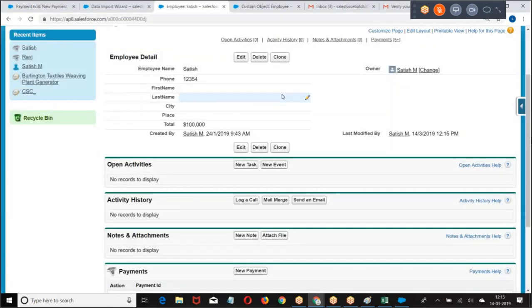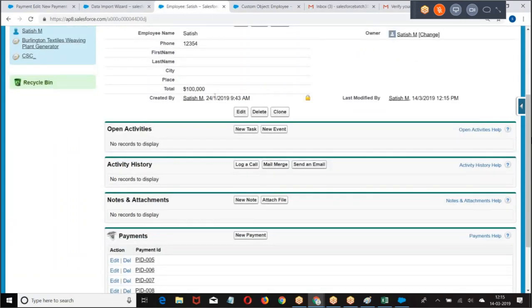Now, the most complex point here is update. If any one of the child records is deleted, we removed. If a new child is created, we added. If an existing child record is modified, now how do you know that it is modified?